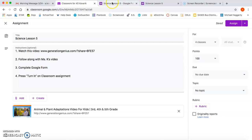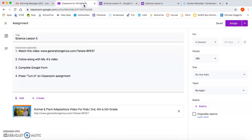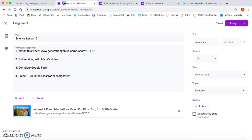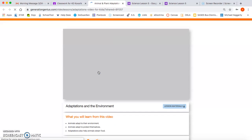I wanted to show you what you're going to be doing and how you're going to be finding all these resources. This is what you're looking at, your form sheet. You can just copy paste this into a new tab, but I also put it right here. So you can just click this link in your assignment, and the first thing you're going to do is watch